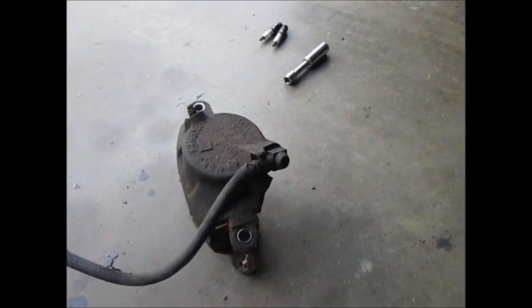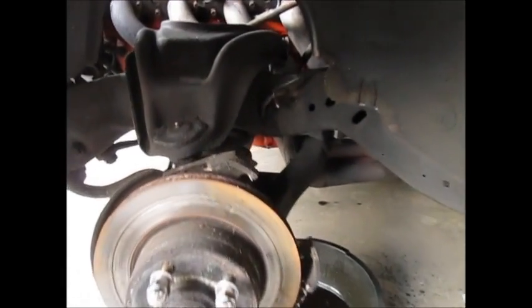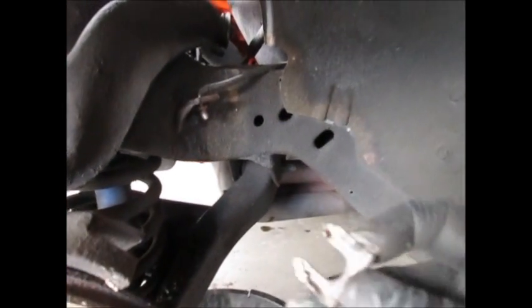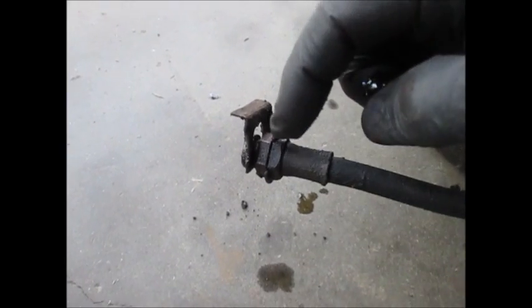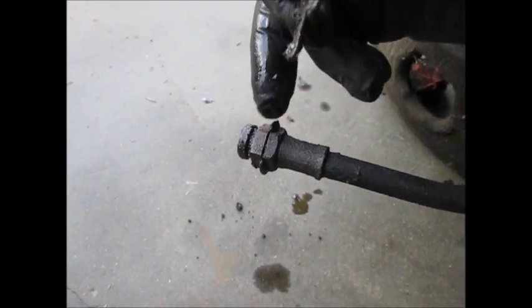So then once I did all that, I primarily did that to start draining the brake fluid, because I separated the line up here, again 7/16, and this little clip here, this little horseshoe clip, slips over this right here. And basically this goes into that bracket I was showing you, and then this clip slides over that. So from there